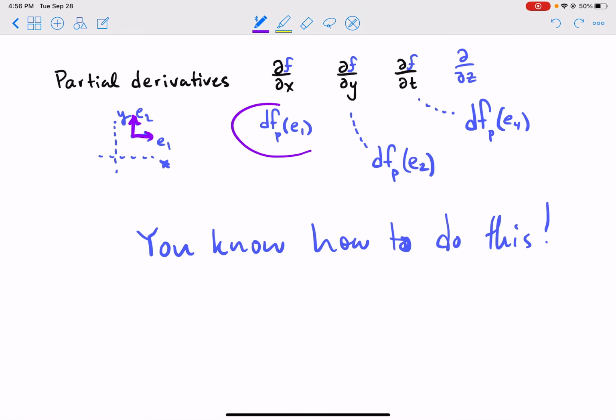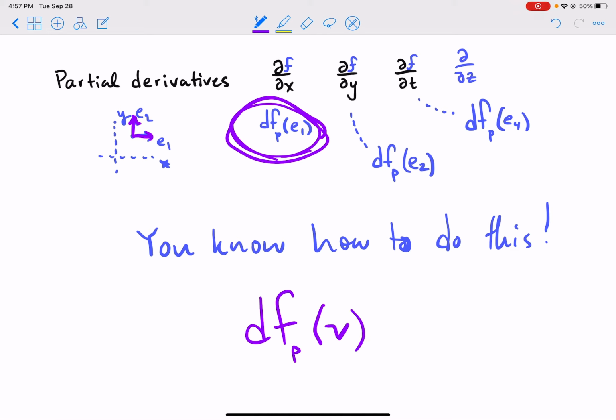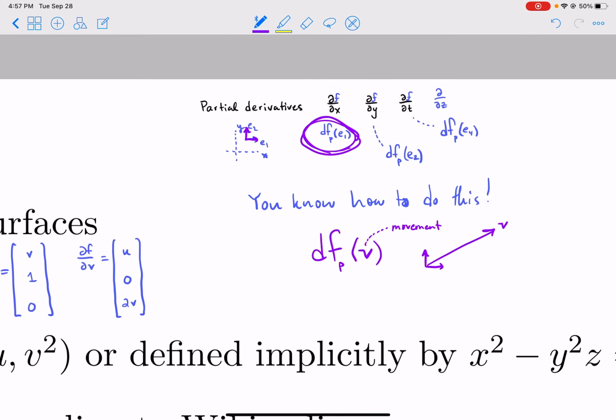And so that's why we really do need to know this notation, which a special case of it is this partial derivative in the first. This notation means it's the partial derivative in the second. But in general, we'll take the derivative of a map f at a point, which will be a linear map, and we'll evaluate it in some direction v, some movement direction. And that movement may not be perfectly in E1, it may not be perfectly in E2, it may be some combination of E1 and E2. Okay,